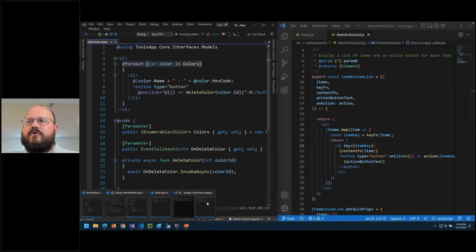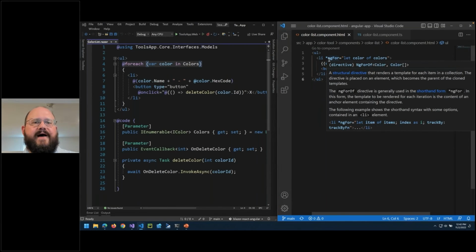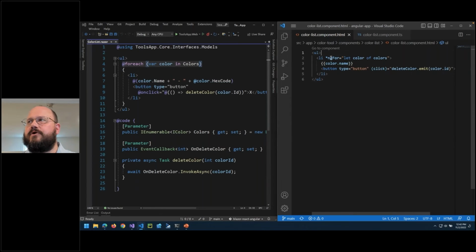But when you get into Angular, that programming logic is kind of being hidden from you by these built-in Angular directives. So a lot of times folks would gravitate towards Angular because it feels like they're doing a little bit less coding, especially in the older AngularJS. But really what they're doing is just hiding that iteration logic from you behind this ngFor directive. And then as you can see here, we have the color name and then our button here for doing the